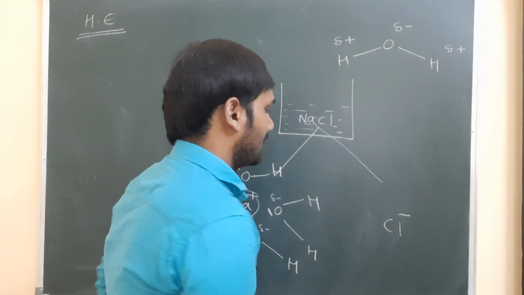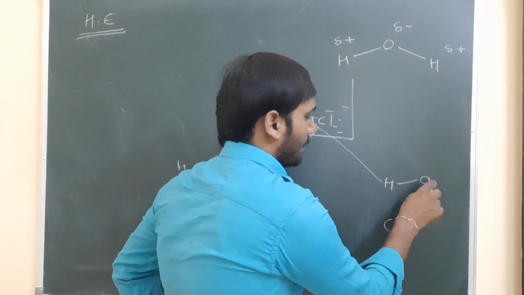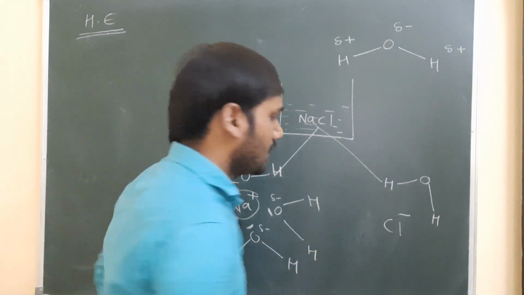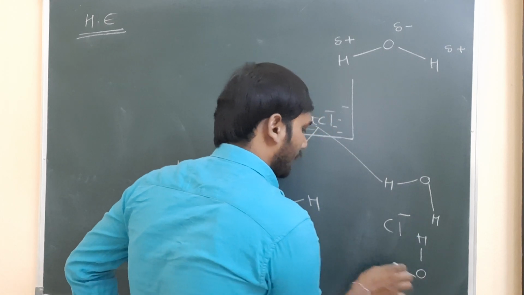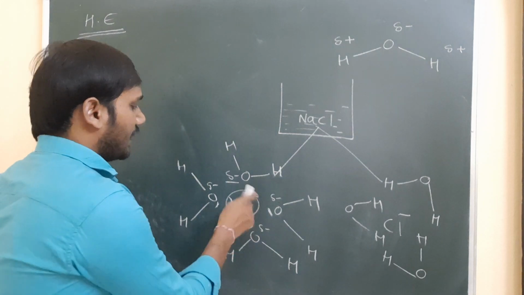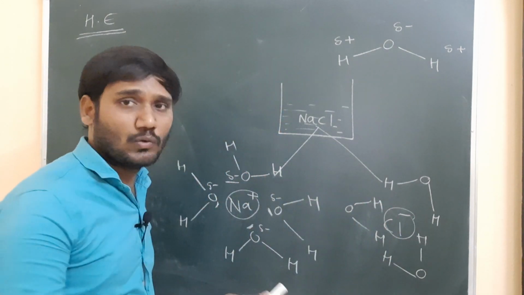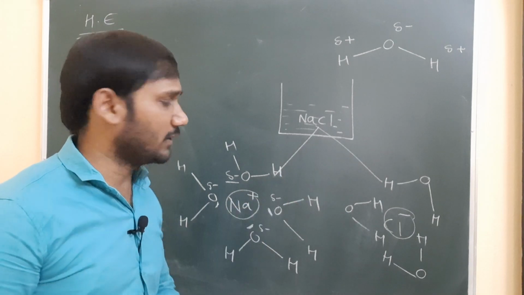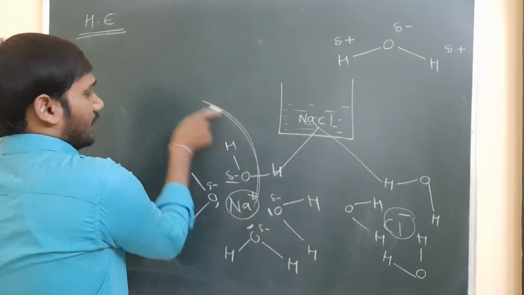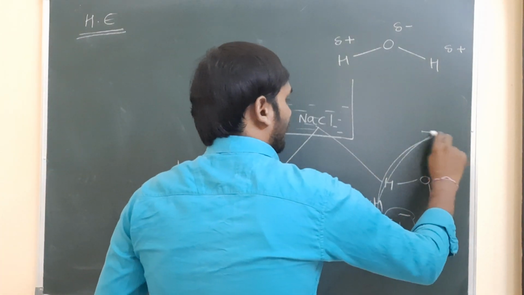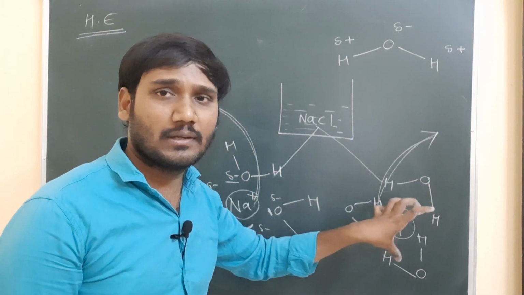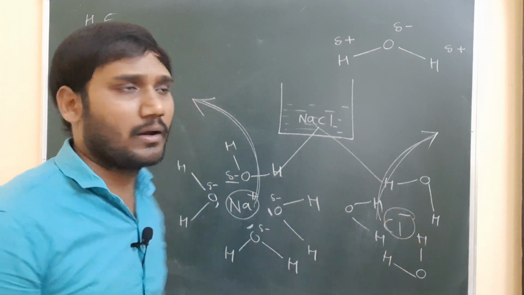Next, Cl minus. Around the Cl minus, or any anion, the hydrogens will be attracted, because hydrogen has a positive charge and Cl has a negative charge, opposite charges. Around the Na plus, water molecules surround, and around the Cl minus also, when you drop it into the water. In this process, some amount of energy is released outside. The amount of energy released when water molecules surround an ion is called hydration energy.